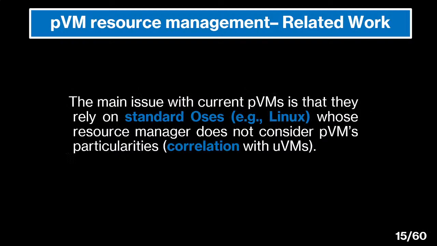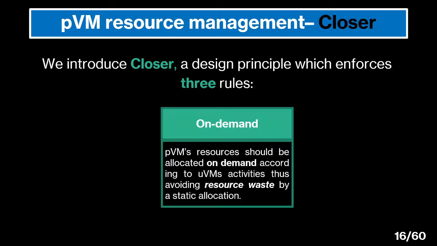This is a real problem because in the privileged virtual machine, what runs are standard operating systems powered by a standard kernel, such as the Linux kernel, where the resource manager does not take into account the particularity of the privileged virtual machine, which is its correlation with the activities of the virtual machines running on the system. To mitigate this, we propose what we call closure, which is a design principle